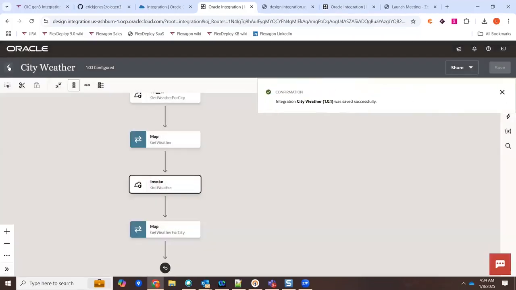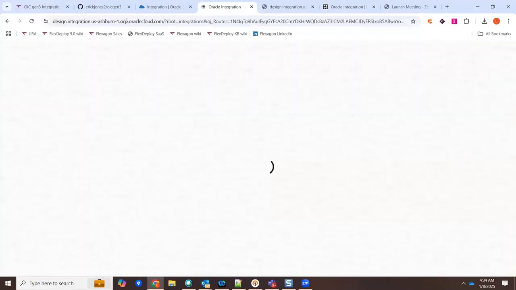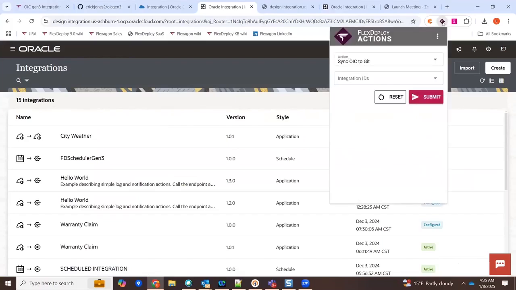Save the integration, and then go back to my list in the console. Because I'm using GitHub, the first thing I want to do is get this city weather change that I made committed into my Git repository. On one hand, a developer could export it, use their local Git client to commit it, and then they could perform a build. But what we've done to make that a smooth process for the developer is provide a